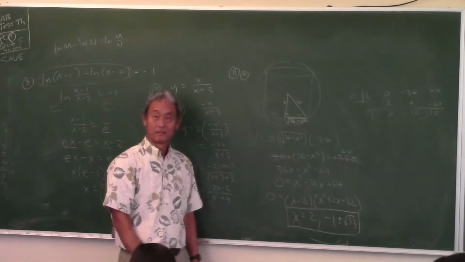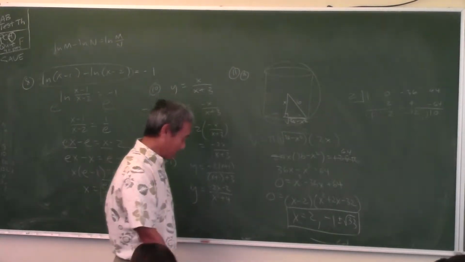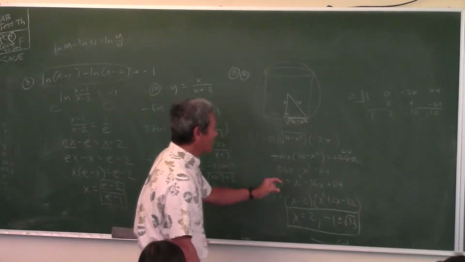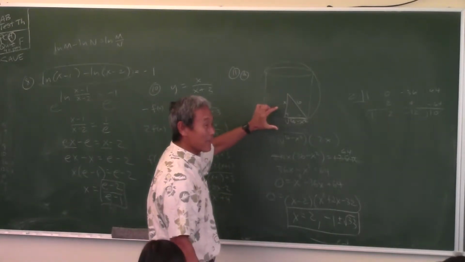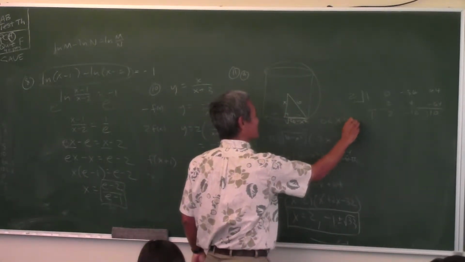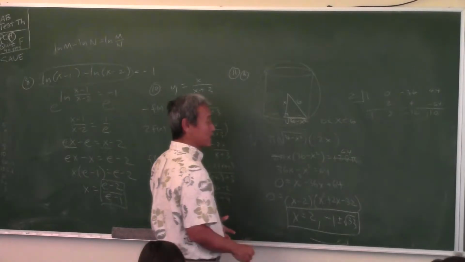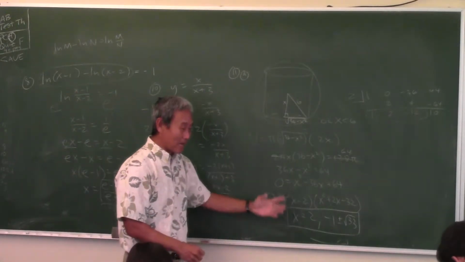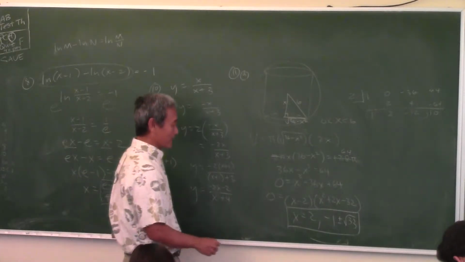Minus 1. How come I get minus 1? Because x represents a length right here. See, x is a length. In fact, if you look at this picture, doesn't x have to be between 0 and 6? Otherwise, the problem doesn't even make sense. So any answer that is not between 0 and 6, you got to cross out. In this case,